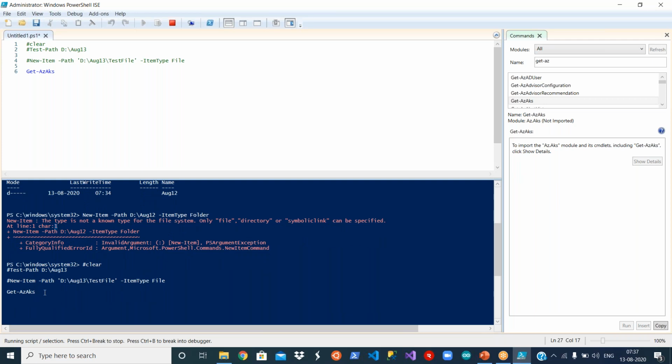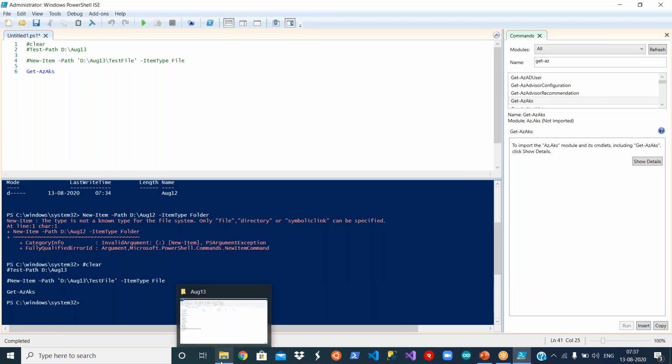See, it's not executing. Basically, it is taking some time. See, nothing has come here. If it was imported, it would give me at least some output. Okay, nothing is there. You can clearly see here, not imported. So we will import it later. I'm just showing you the easiest ways.